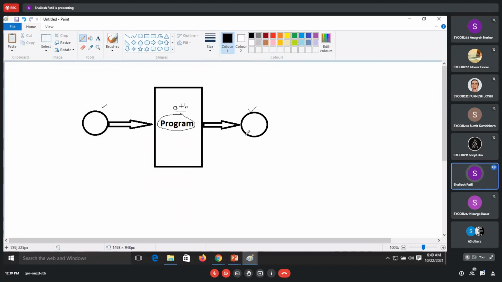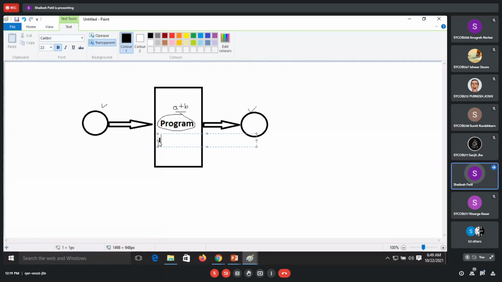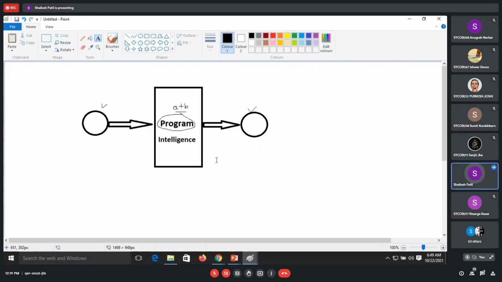But in machine learning, what will happen? Machine learning gives some intelligence to this program. Not exactly, but from a bird's eye view, we provide some intelligence to the program. It checks the input parameters and learns from the previous data it has. It is always going to learn, and it will produce some output on the basis of the input we have.